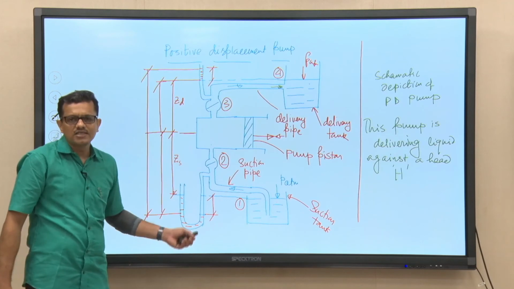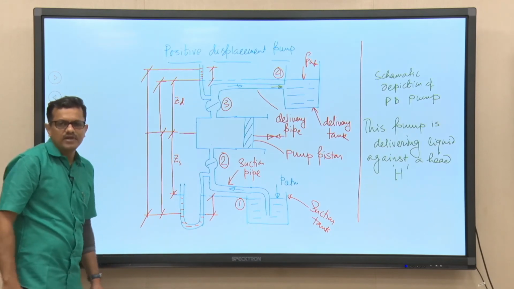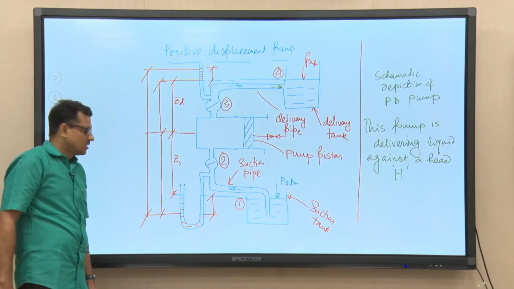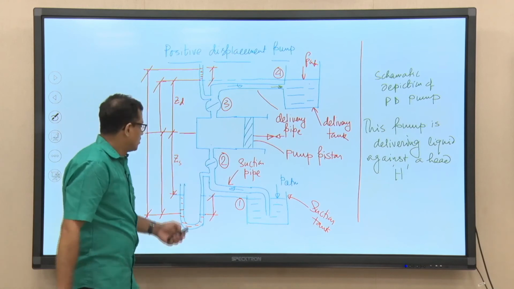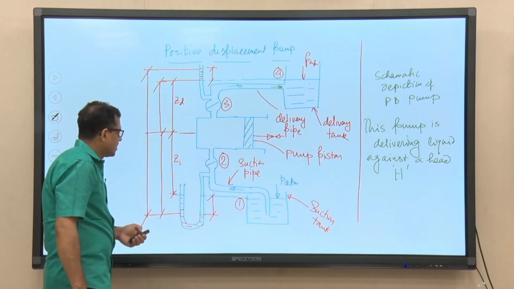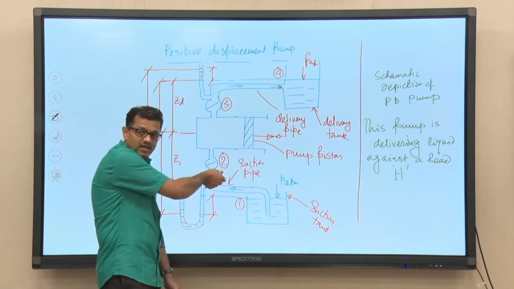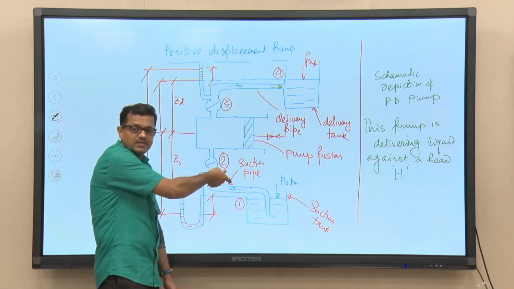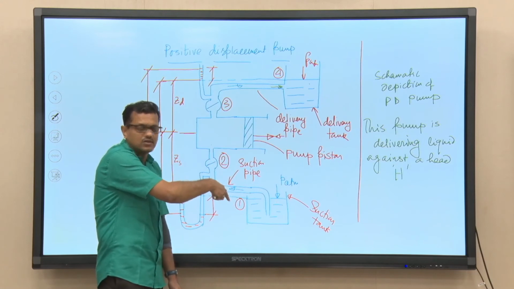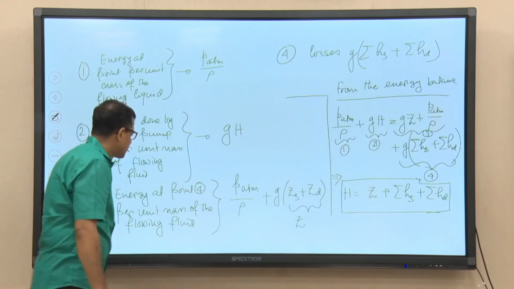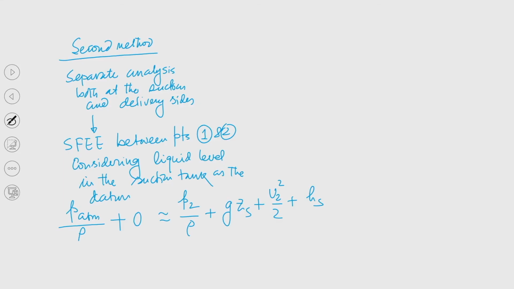So that the analysis will not be very erroneous. Now the question is, our objective is to find out the pressure at point 2, and if that pressure goes beyond the vapor pressure at that temperature, then a problem will arise. So from this analysis, can't we calculate what the pressure P2 is?